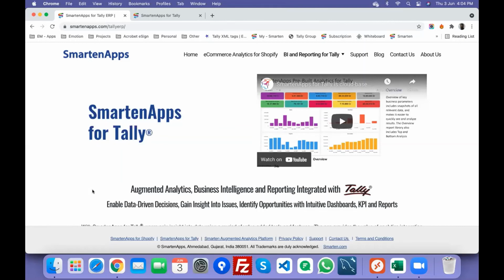So how is Smarten different from other mobile apps? In Smarten, we have a mobile app as well as a web application wherein you have access to a lot of business intelligence kind of analytics. So it is very much different.